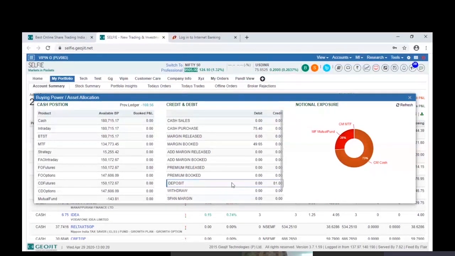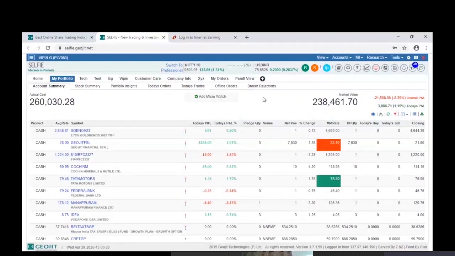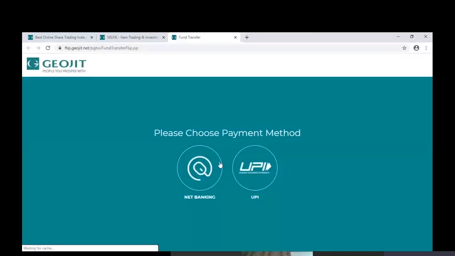Now, other than the payment gateway, we have the UPI transfer facility also. If you are using a UPI app, you can initiate the fund transfer from here. We will go to the same fund transfer page which we used earlier. I'm selecting UPI, entering the amount here, and the virtual address. The VPA ID which you use for the UPI app should be mentioned here. Select the account number from where you are initiating the transfer, and then go for verify.